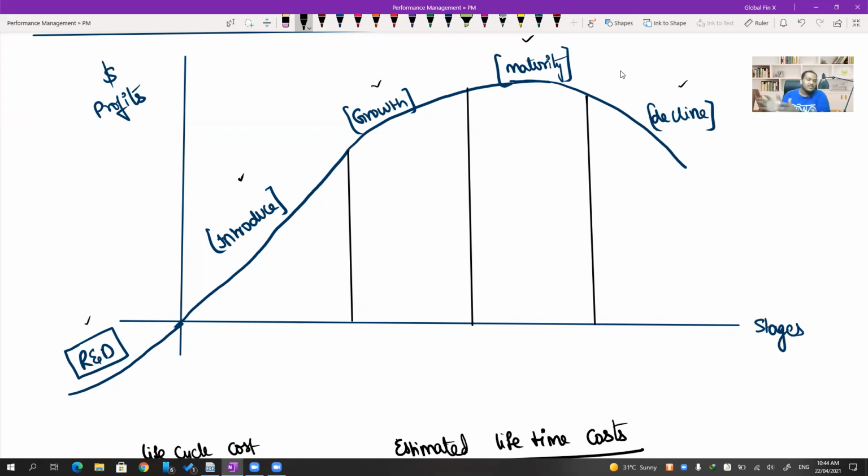So if I'm following traditional absorption or marginal costing or else ABC also, every period my total cost per unit will be different. Introduction phase cost per unit will be very high. Growth phase cost per unit would be slowly reducing. Maturity phase, it's even slowly reducing and it is at an optimum level. Sir, if my cost is reducing, I should also reduce the sales price, right? I can reduce the sales price to increase more demand. But can companies really do that? Every time my cost changes, I'll change the price of the product also, sir. Does that make sense?